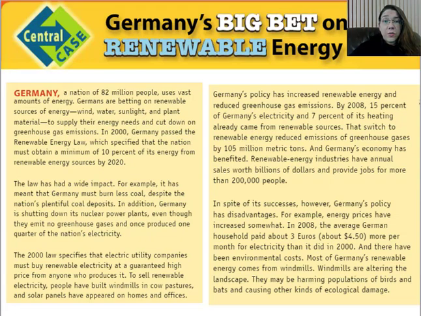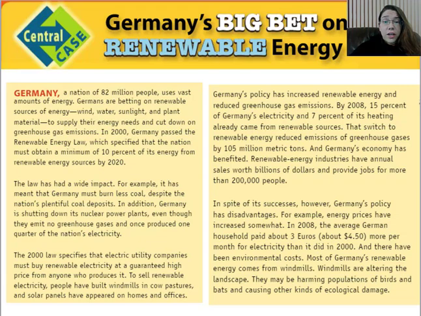Germany's policy has increased renewable energy and reduced greenhouse gas emissions. By 2008, 15% of Germany's electricity and 7% of its heating already came from renewable resources. The switch to renewable energy reduced emissions of greenhouse gases by 105 million metric tons, and Germany's economy has benefited. Renewable energy industries have annual sales worth billions of dollars and provide jobs for more than 200,000 people. In spite of its success, however, Germany's policy has